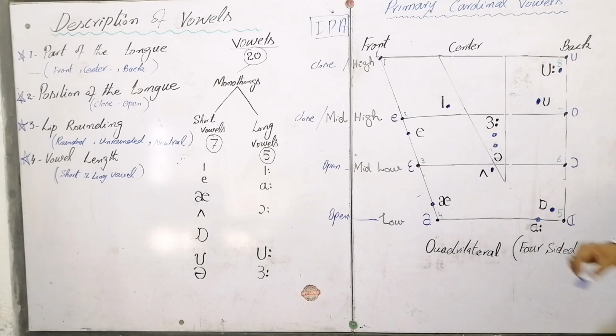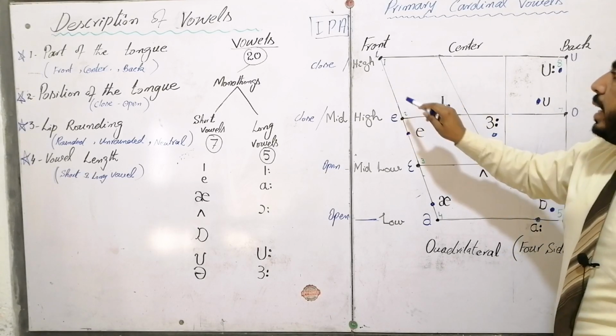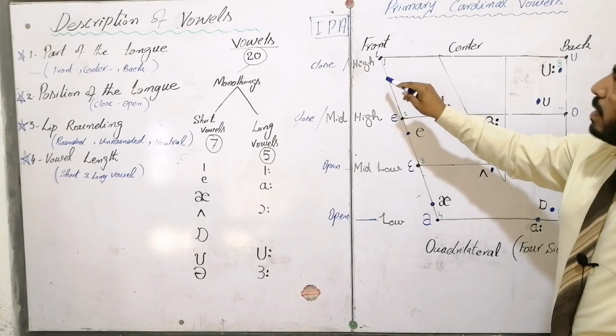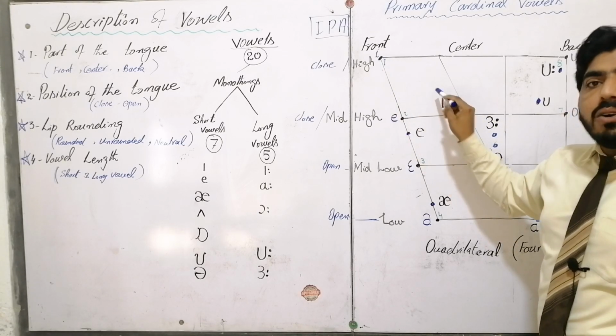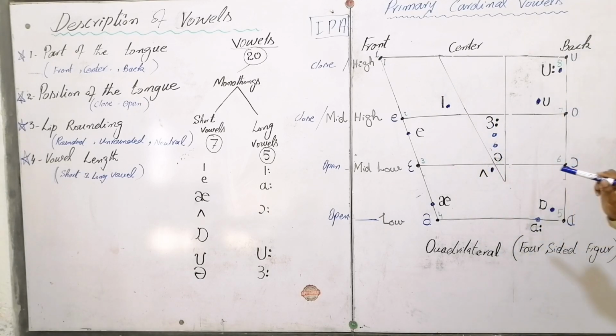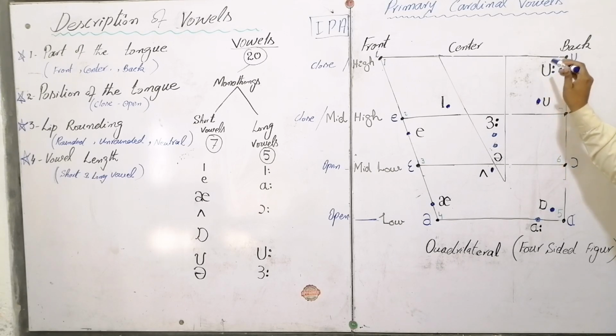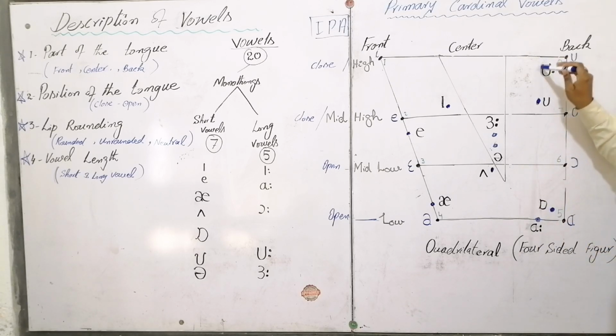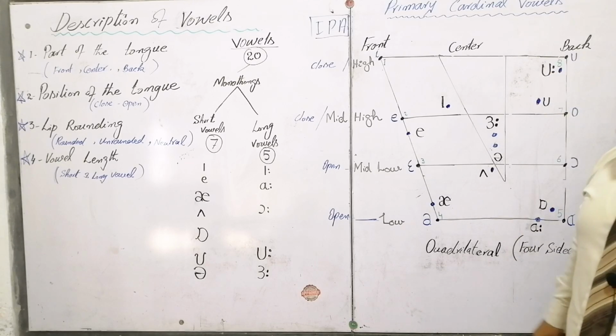So I was saying, sit, it, A. A is pronounced from the front part of the tongue, that is why we have placed it here. And if you analyze this one, oo, oo, this sound is pronounced from the back side of the tongue. The back part of the tongue is involved in the production of this sound. That is why we have placed this sound here. In the same way, if you analyze another one,